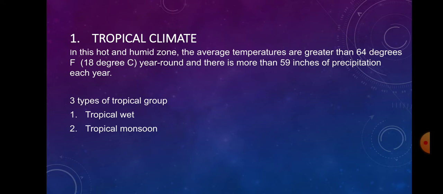It's a wind system that reverses its direction every 6 months, and it usually flows from sea to land in the summer and from land to sea in the winter. The last type of tropical group is tropical wet and dry, sometimes called savanna. In this type of tropical climate, life depends on the wet season's rains. When rains are light, all living things, including humans, can suffer drought. Then, if there are rainy years, regions may experience flooding.